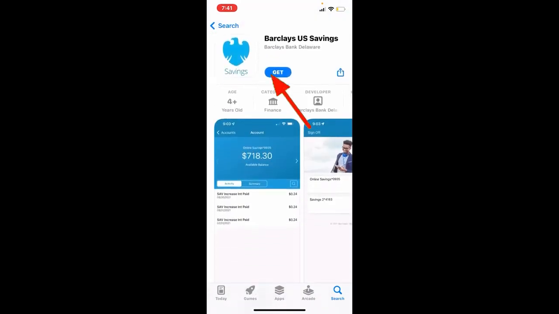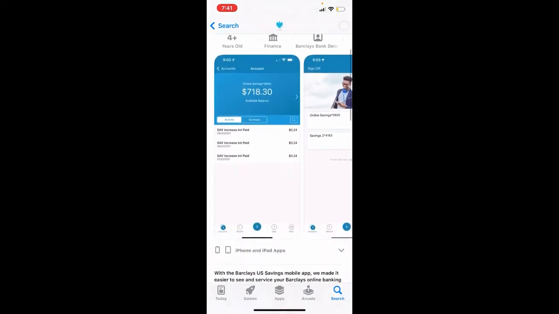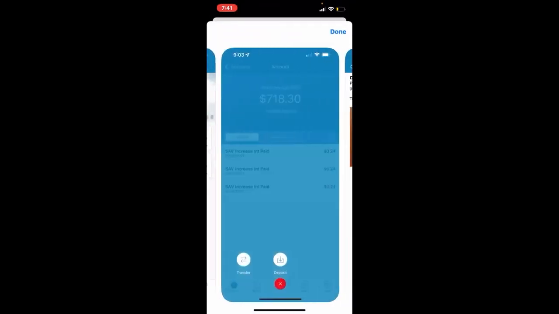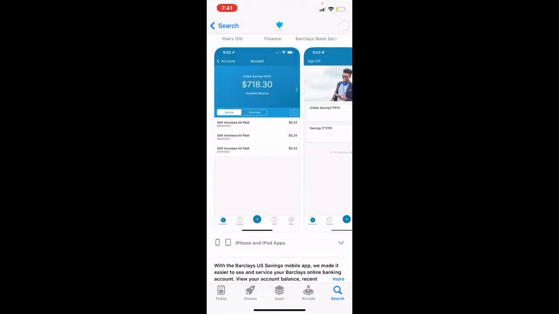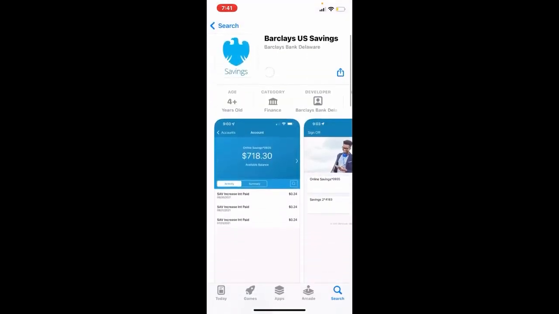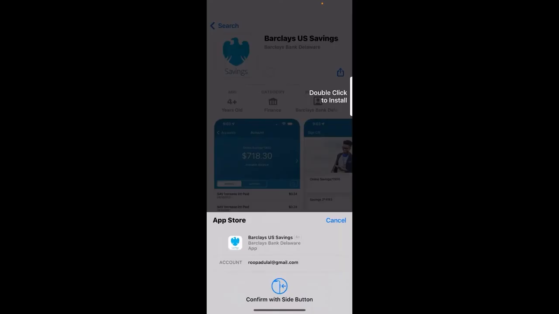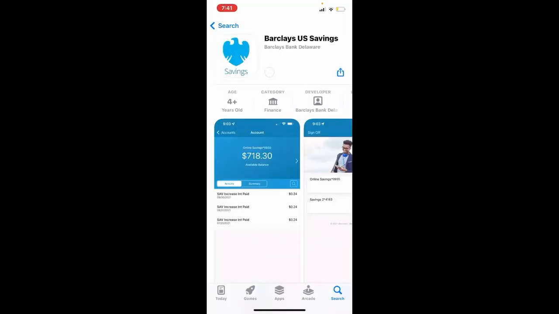The downloading process for Barclays might take a while depending upon your internet speed. So always be sure to be connected to a strong internet while making any kind of downloads. Confirm your identity and your application should start downloading. It'll take a while depending upon your internet speed. Once it finishes the downloading process,